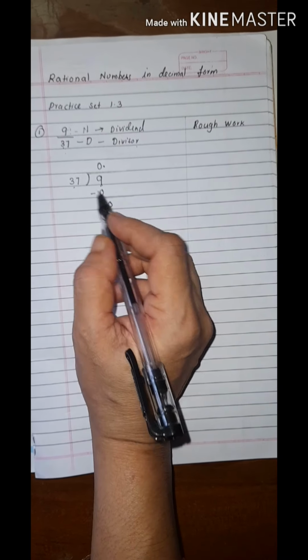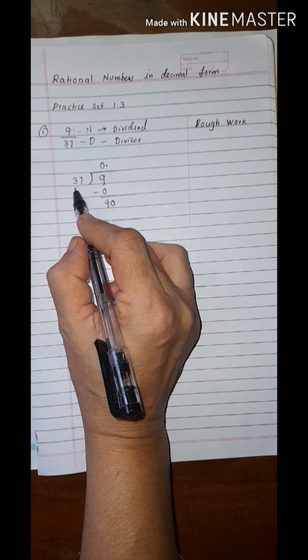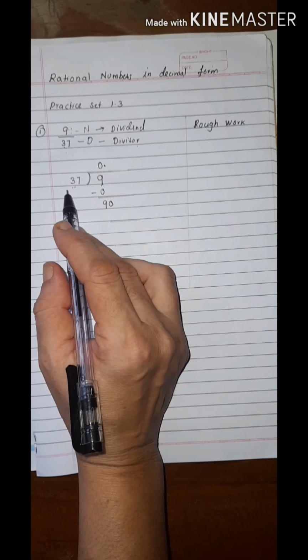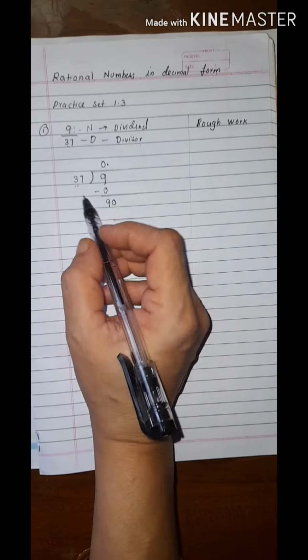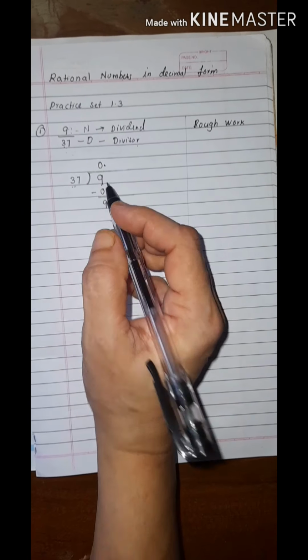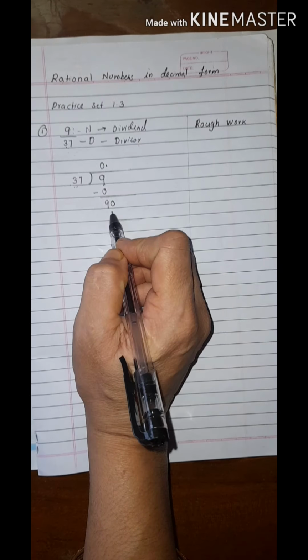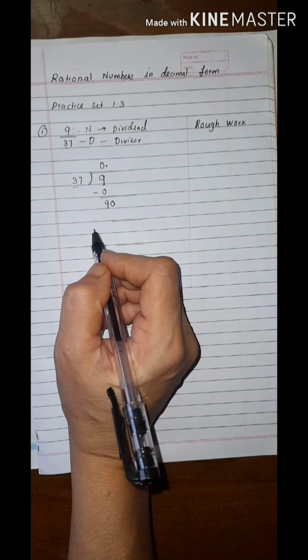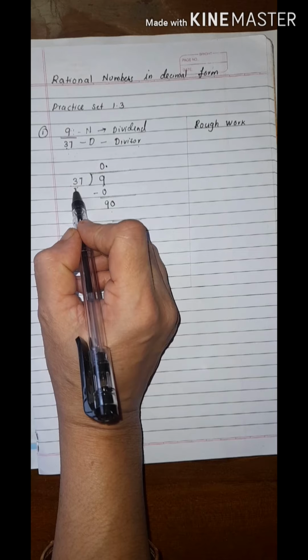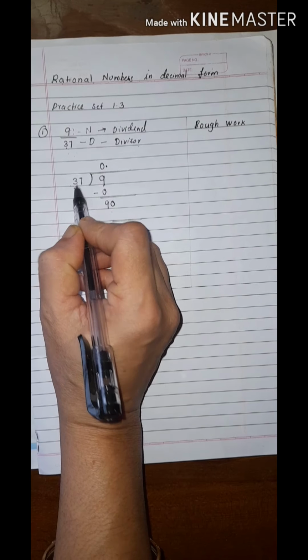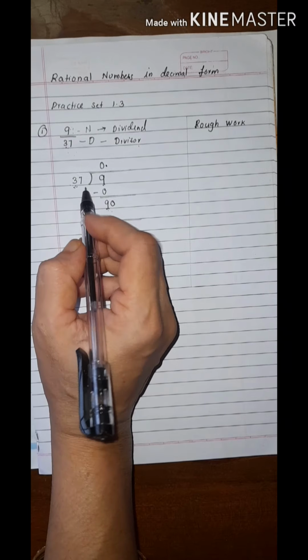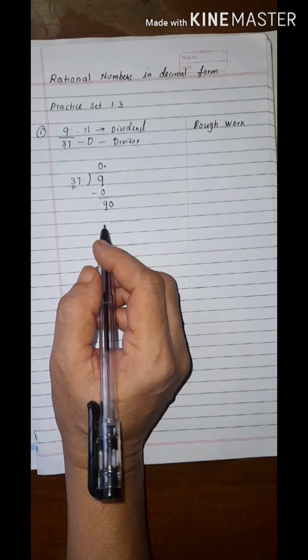Now in the previous classes you have seen that you can write the table of 37 and solve this sum. But writing the table becomes a very lengthy process. I will explain to you one method to do the calculations easier and faster. Now this is 37, this is 9. Always when you have bigger numbers like 2-digit numbers and you have to divide, compare the first digit of the remainder with the first digit of the divisor.